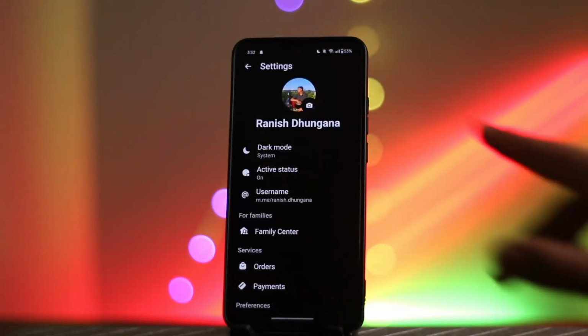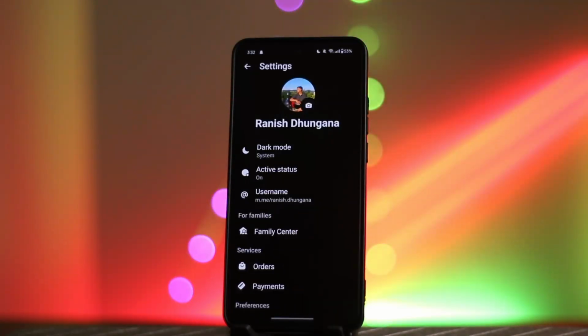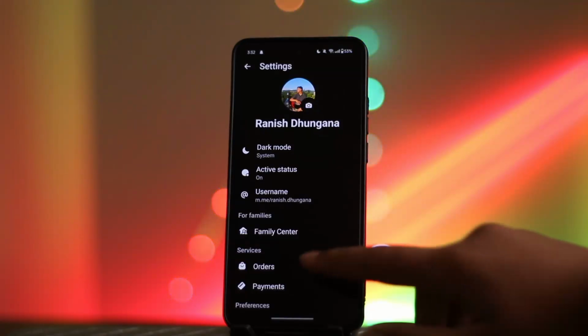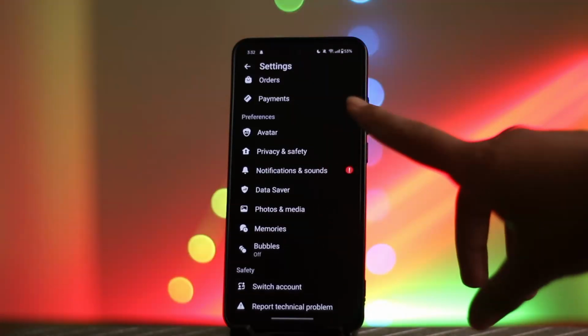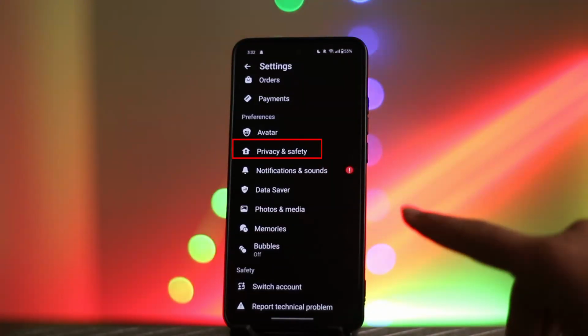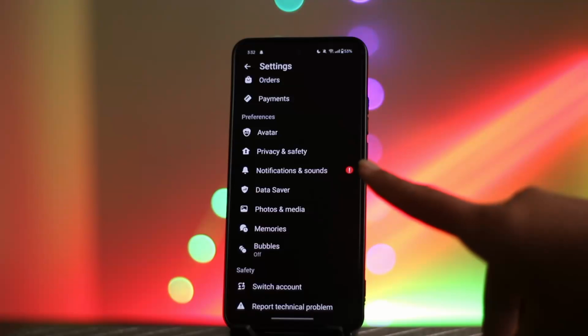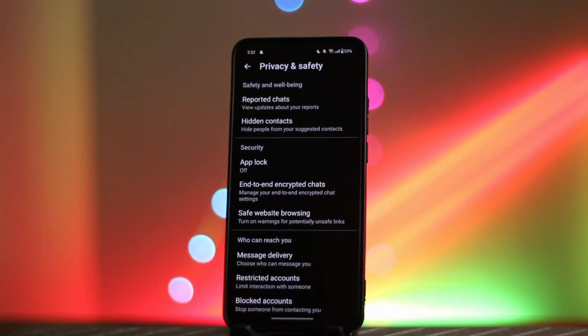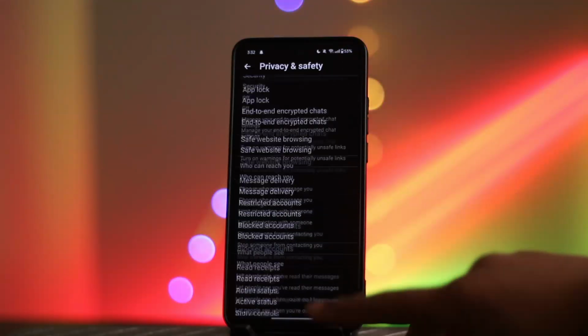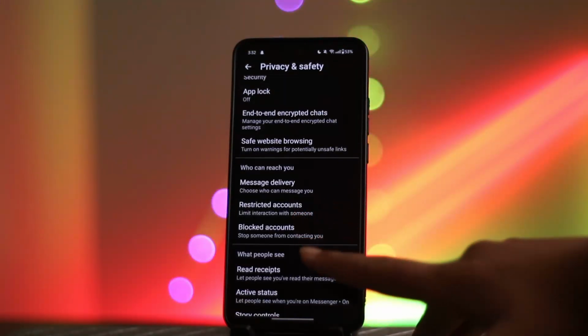Go there. After you go to settings, it will be directed to this sort of page. Now from here, you have to scroll a bit down and then under preferences, you can see various options. You have to go to the second option which says privacy and safety. Open it. Now inside privacy and safety also, you'll see various options and then go to the option which says